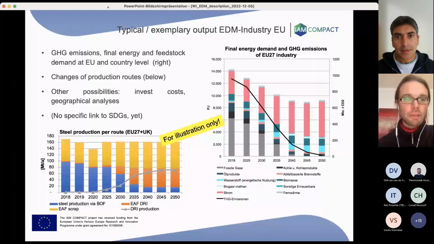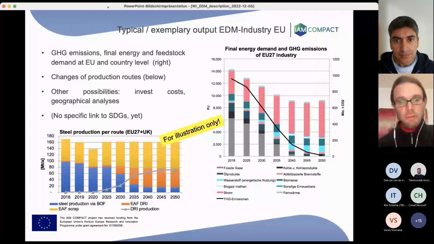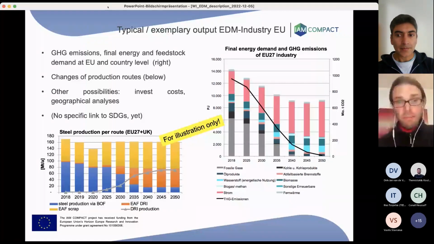Below you can see an example of a shift in production route for the steel industry. That's also a very typical kind of output we have: how does steel production change over time? We can also, as said before, analyze investment costs or geographical aspects.